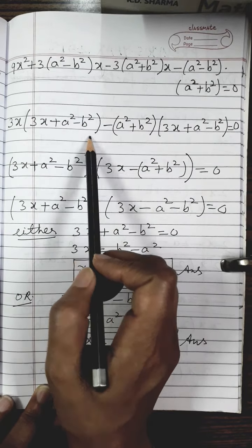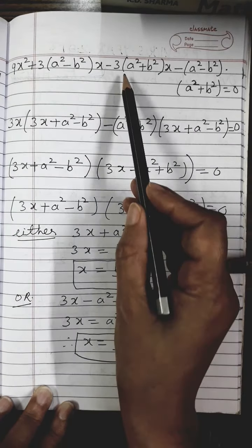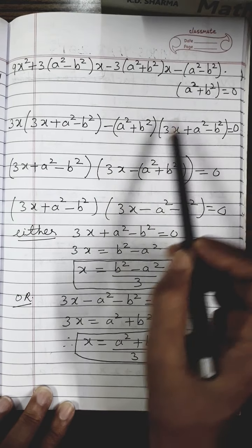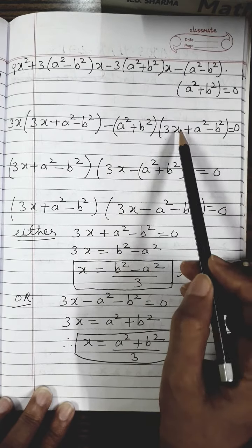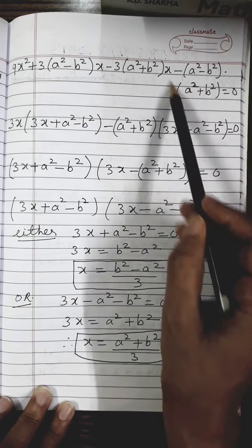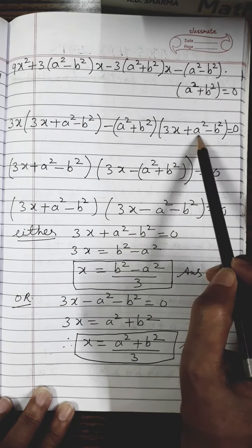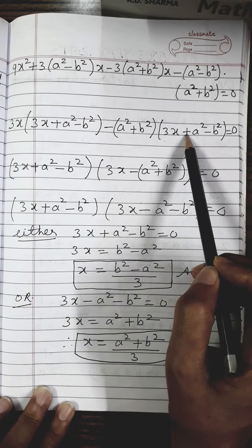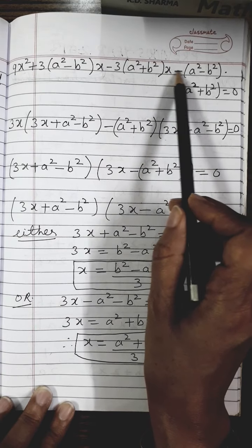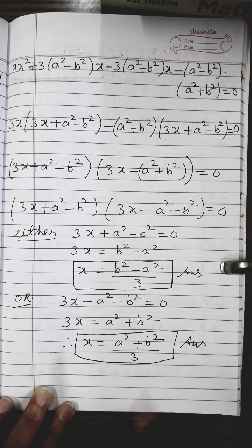Minus. Now come to this next term. Third term and fourth term. What do you see common in these two terms? A square plus b square. So I take out a square plus b square common. So what remains from this term? 3x. So I write 3x. What remains from this term? A square plus b square is taken out. Here what will remain? A square minus b square. I have to write plus in between. Why? Because negative into positive will give you again negative. So I have to take care of this negative sign. That is why I have to write plus here. So a square minus b square bracket close equals to 0.